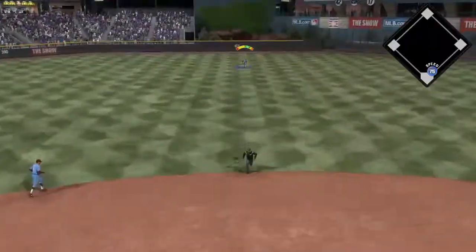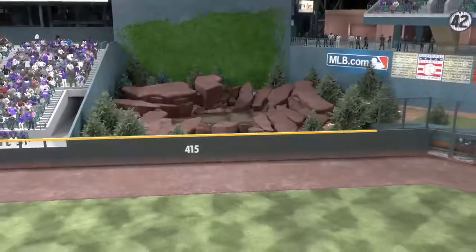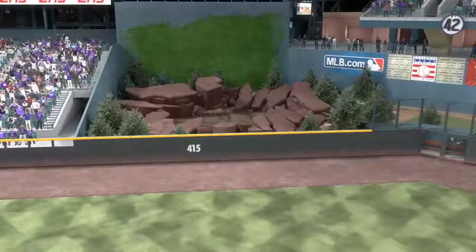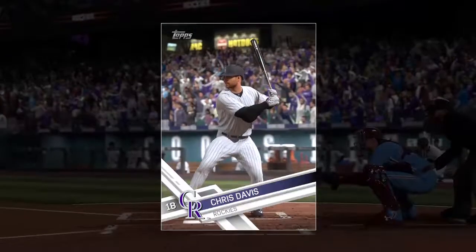A swing and a drive to center field. That one's got a chance. And that ball is gone. Santa Maria, game over. Several good offensive performances. None better than the one